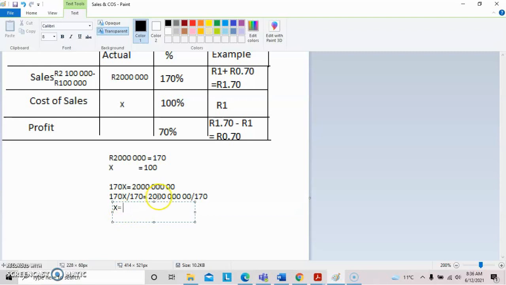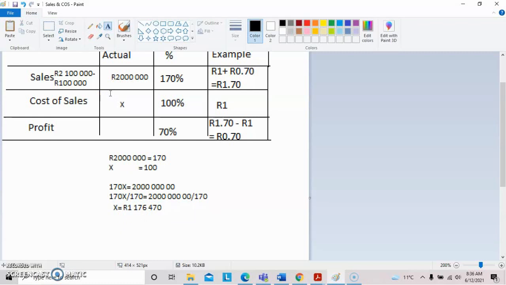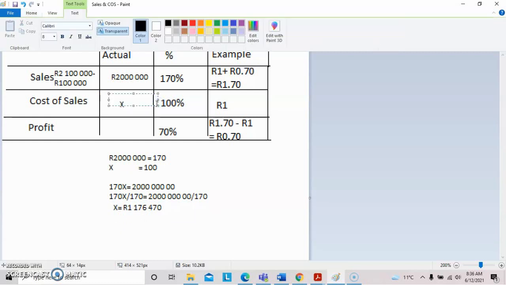And then this side, if you say the 200 million divided by 170, you should be able to get an amount that says 1,176,470. So this is the X that we're solving, the cost of sales amount that we're looking for. So you have the cost of sales now, and once you have your cost of sales, to get profit, you say sales less cost